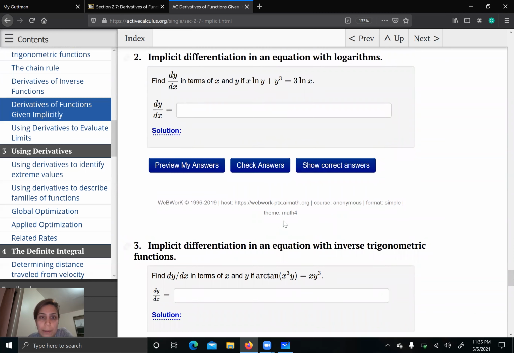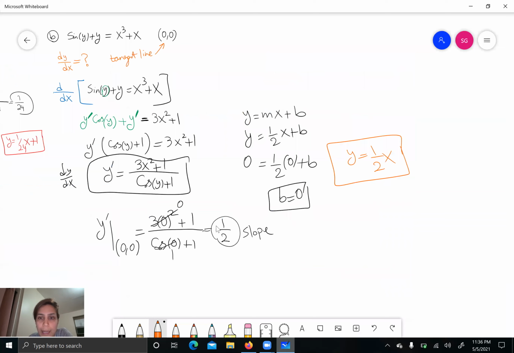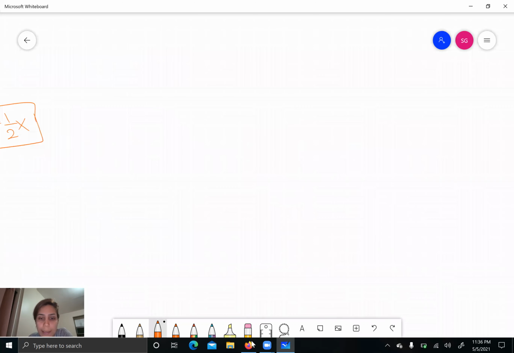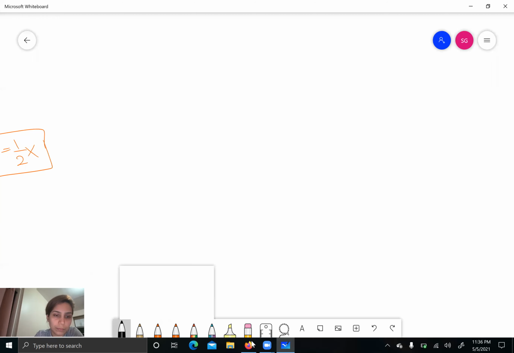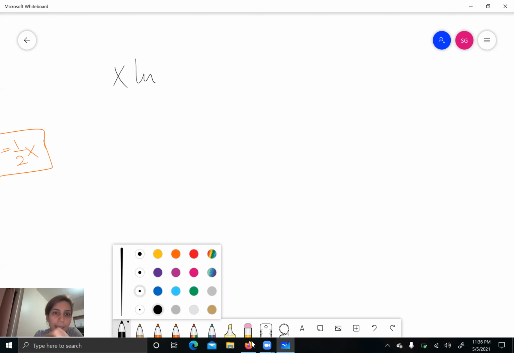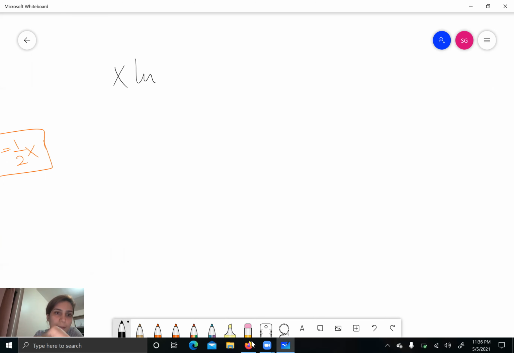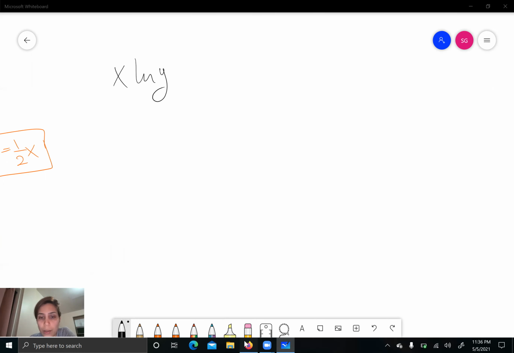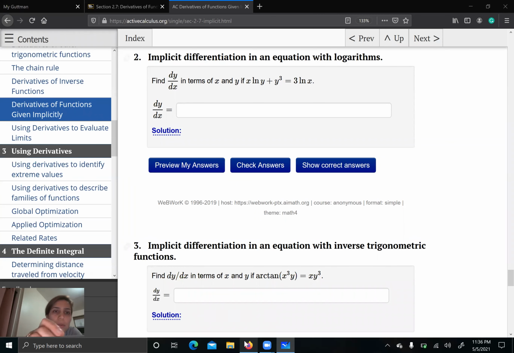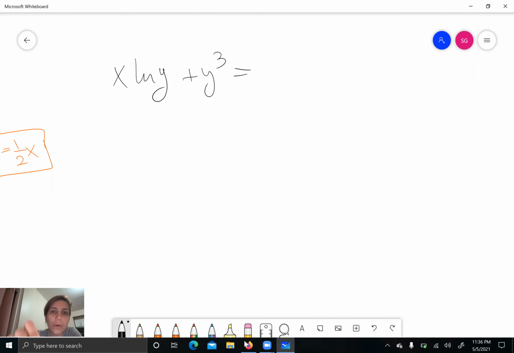How about here? Okay, let's do this one. Find dy dx. Yes, here you also need to apply the product rule. Maybe I do it here and then enter my answer over there. So it's x ln of y, sorry, not ln of x, natural log of y, plus y cubed, equals